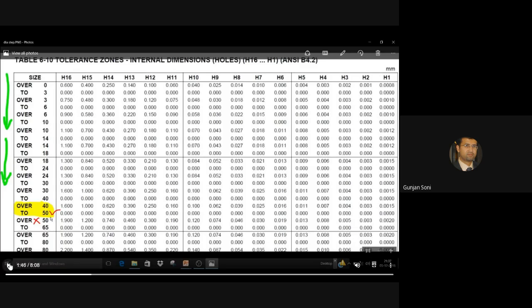Okay, is it clear, Sagar? Sir, in this the tolerance zone is 0 at 50, but the tolerance zone is not 0. Why is it 0? In H16, H15, all of these the values given are 0, 0, 0, sir. Okay, inside the table you are saying. Yeah, it is quite possible, that one also. Let's see this first.